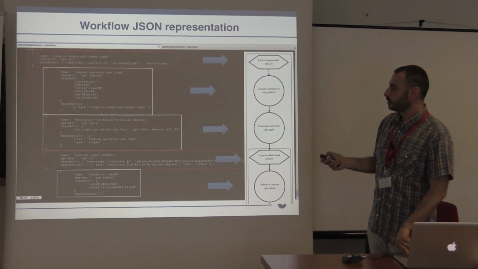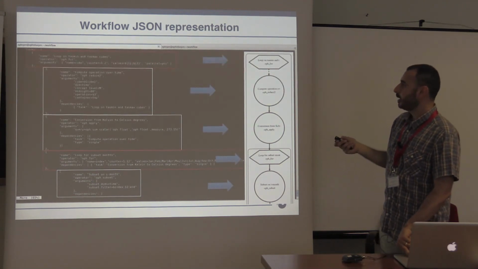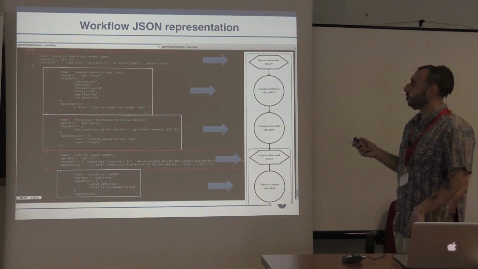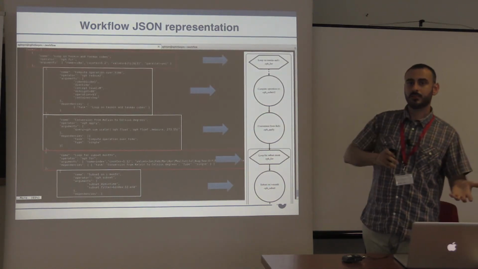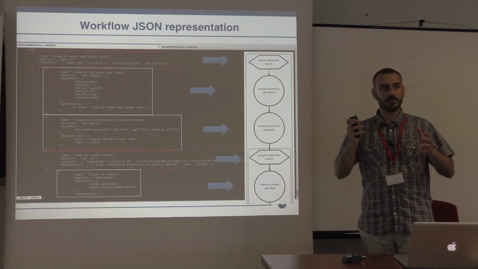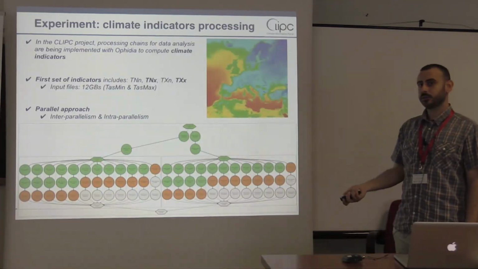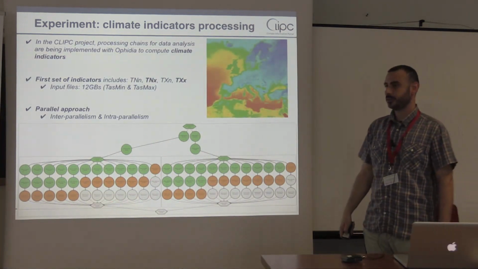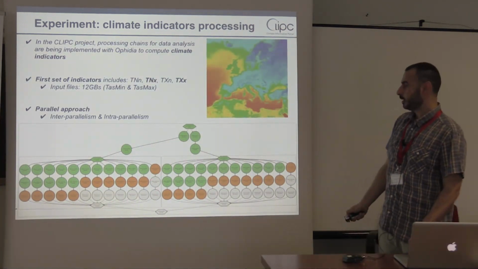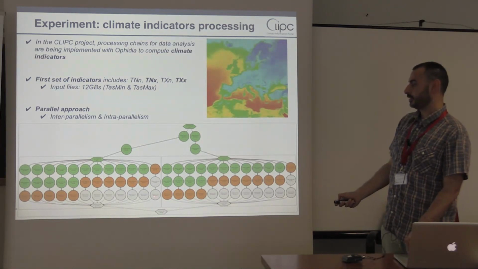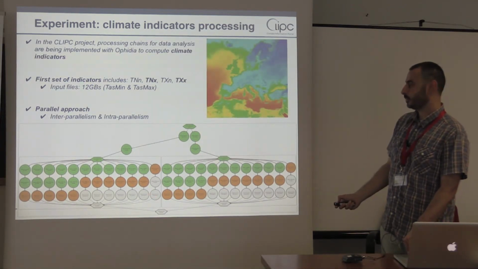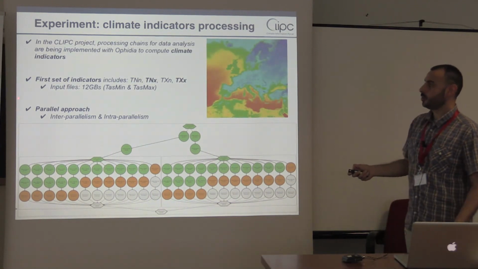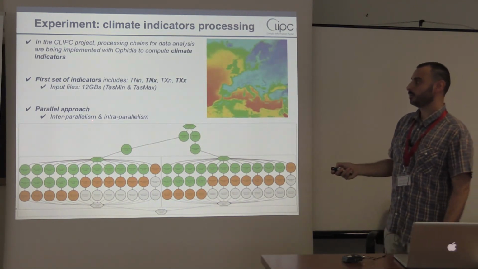This workflow, in particular, is created to compute the maximum of the minimum temperature. The orange circle represents the running task, while the gray circles represent the pending tasks. As you can see here, a double parallel approach